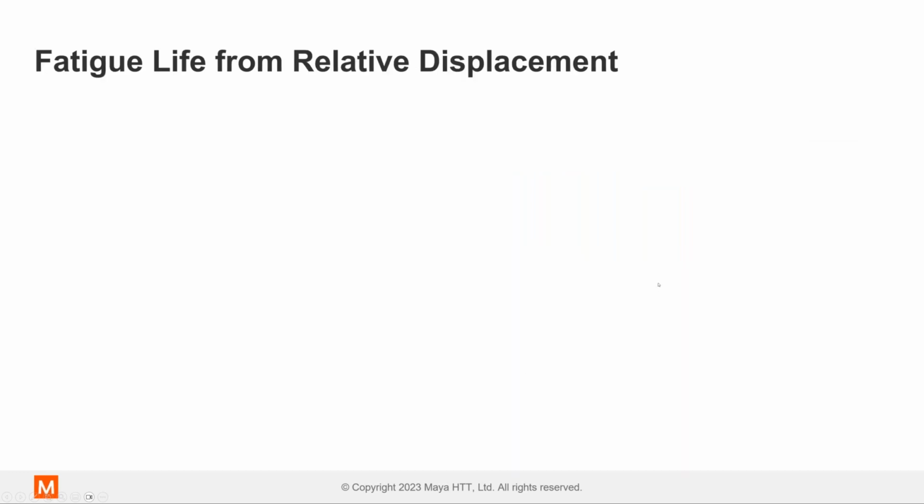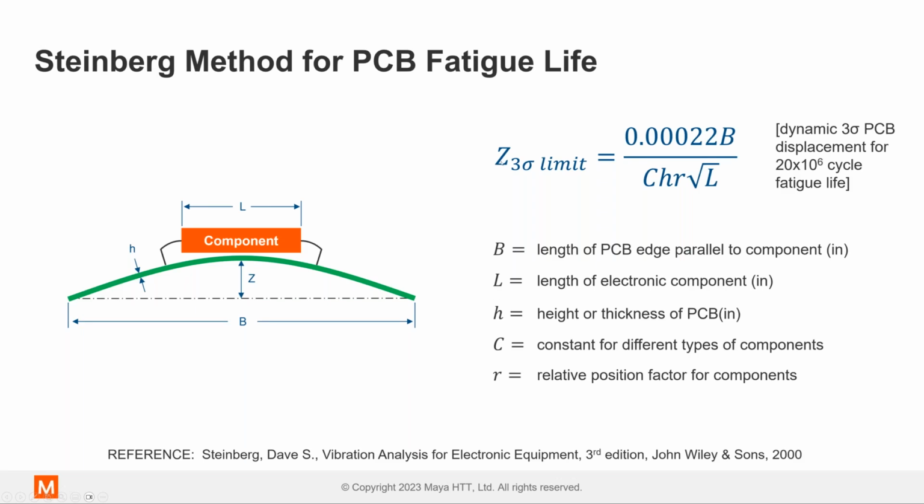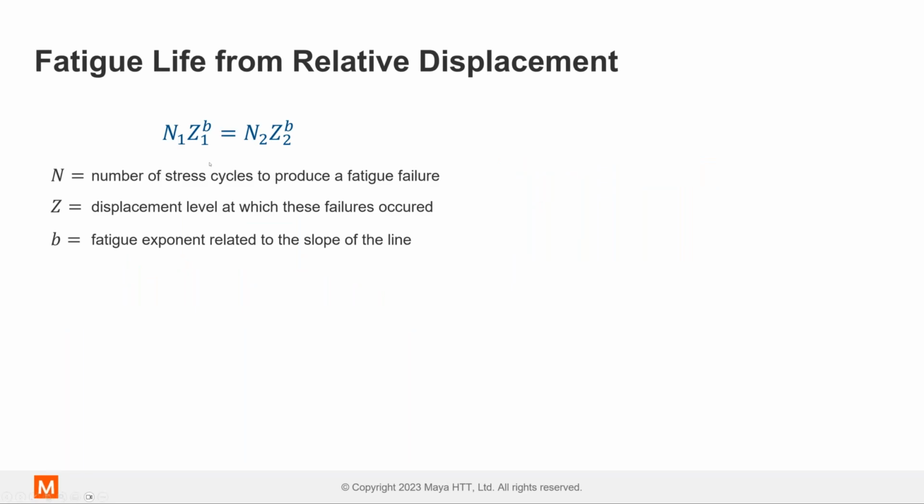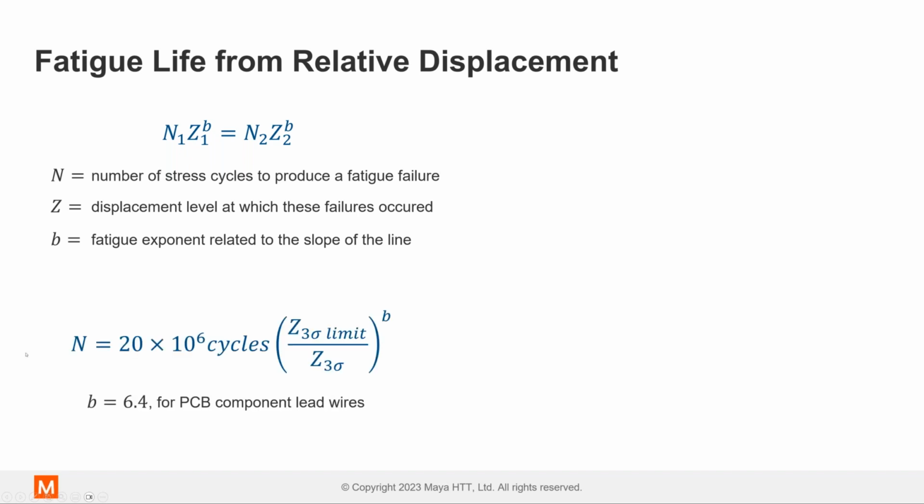Now, you've got your displacement. So this again is telling you, okay, as long as my 3 sigma displacement is that value or less, I should be good for more than 20 million cycles. So how do you do some of that math? Again, you can use an equation that's basically calculating along the slope of an SN curve. That's what we're used to for fatigue, but in this case, the stress is proportional to strain, proportional to displacement for a linear system. So you can again calculate that.